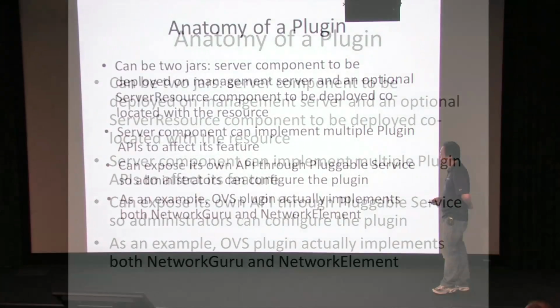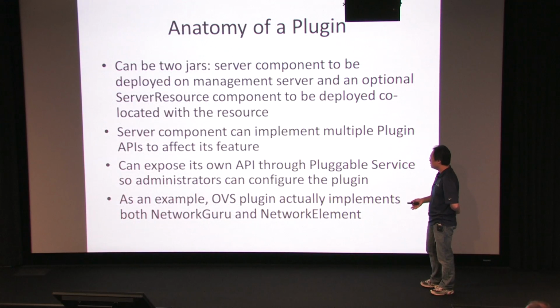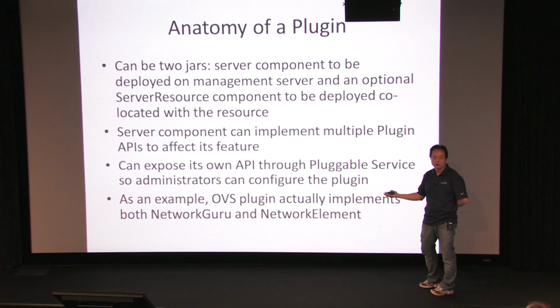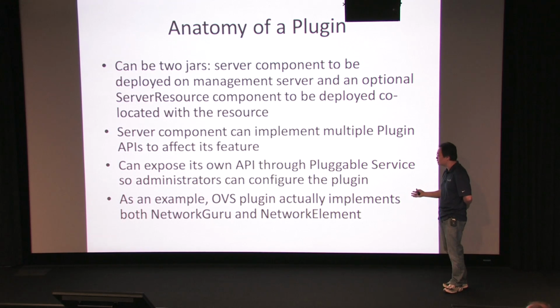As an example, one thing I want to go through is our OVS plugin. OVS is our implementation of SDN, and what it actually has to implement is two different interfaces. There's the network guru, because in CloudStack, the network guru defines our network. It understands how to segment the network. It understands which IP addresses need to be issued. If it's IPv6 IP addresses, they can be issued there, right? So someone can actually add that type of functionality into CloudStack. But at the same time, it also is a network element because